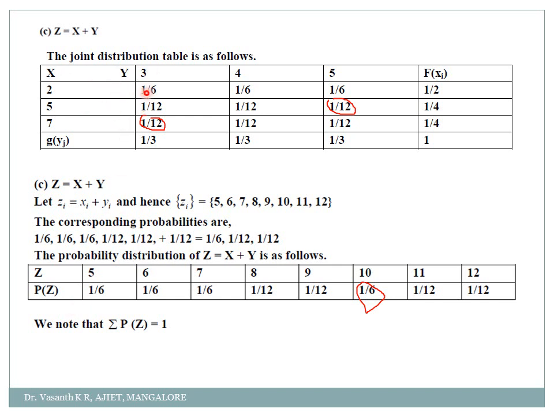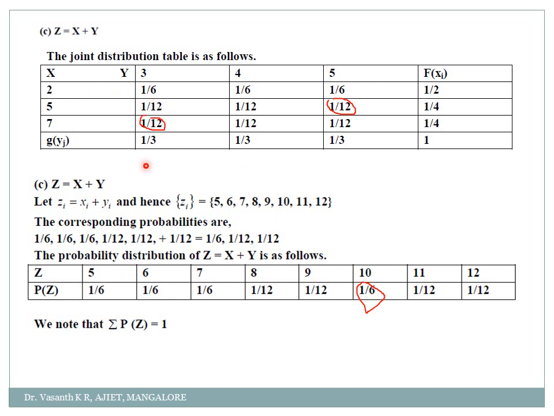Correct? So this is the way how we have to find the probability of x plus y if they ask you. Probability of x plus y, that is z is equal to x plus y. This table was already there in the previous slide. So probability of x plus y means you have to add the values of x and y and write its probability. So 2 plus 3 is 5. 5 is coming only once in the table. If you want, you can check here. You add any values of x and y, 5 will appear only once, so its probability is 1 by 6.